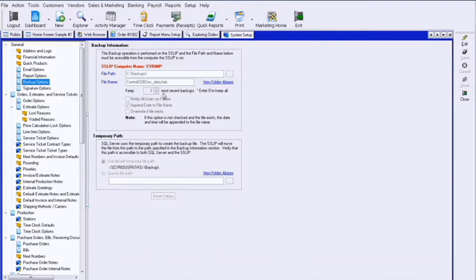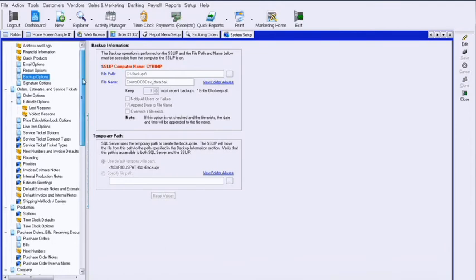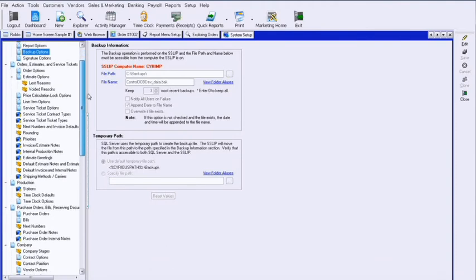How many copies do you keep? So this will just store it because it stores it with the date at the end of each file name. And how many copies? This is the SQL temporary path. You shouldn't need to change this. This is just where it's doing the compiling of that information, and then it saves it back to this BAK file as the backup. Some other things we may want to look at in here, which is important at this time,